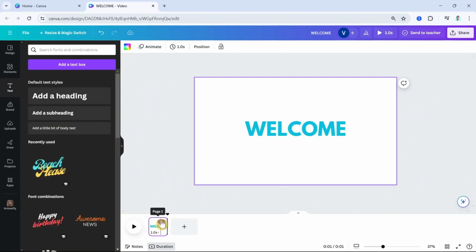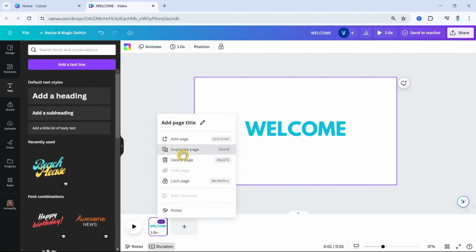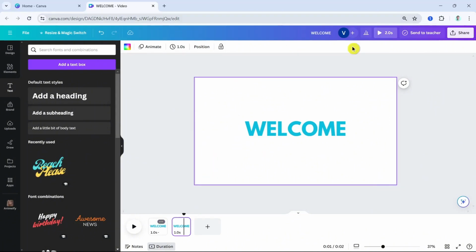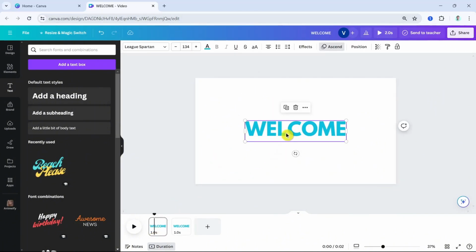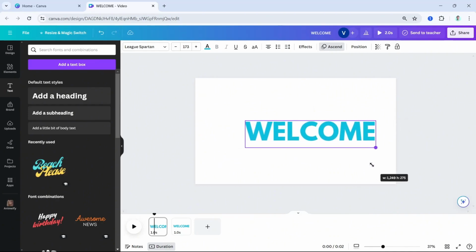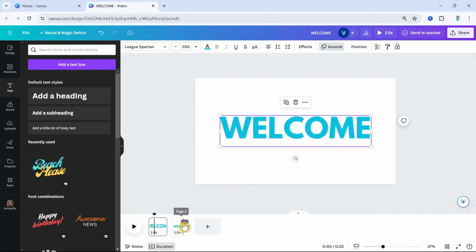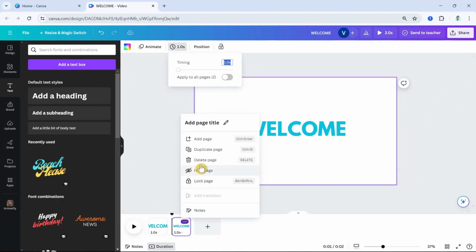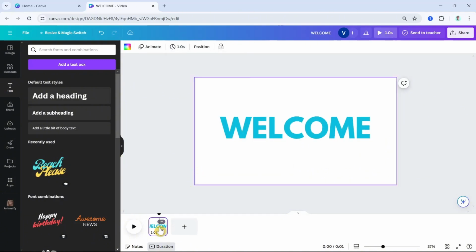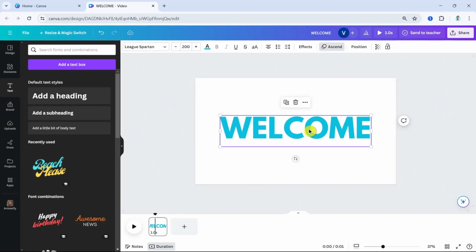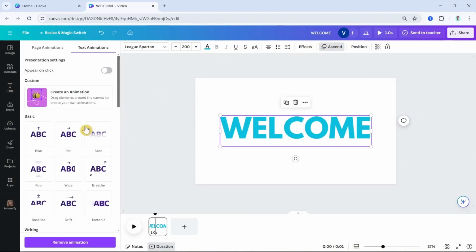Once done, you can just click on three dots and select on duplicate page. Or you can customize it if you're going back here. So basically you can resize up to 200, and then you can delete this one, and then we can change the animation. For example, you can basically select this option at the top right, and then we can select any of the basic